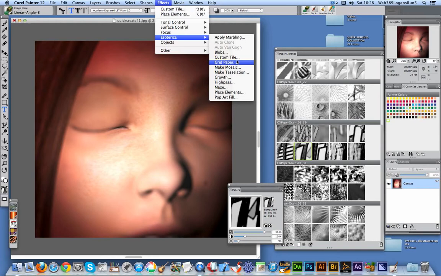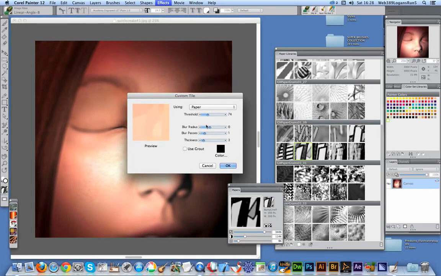Now I'm going to be using paper libraries from Graphicxtras. There's 1,300 odd paper textures available on that site. Of course there's many other ones available on the web as well. And I'm just going to show you that you can use it to create some quite interesting painted-like effects using the papers. So just going to go to custom tile,